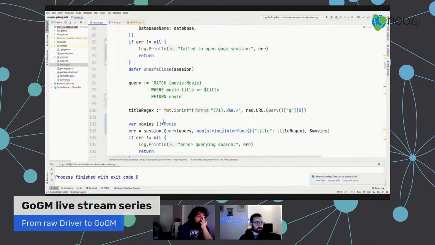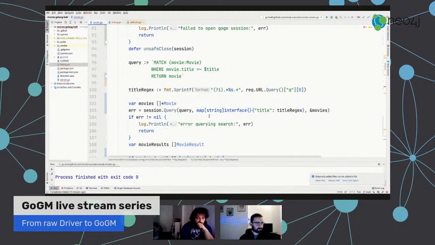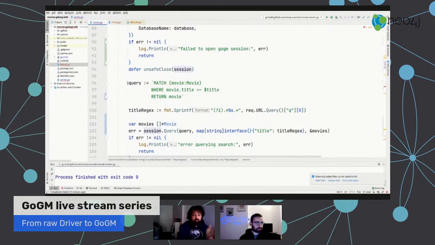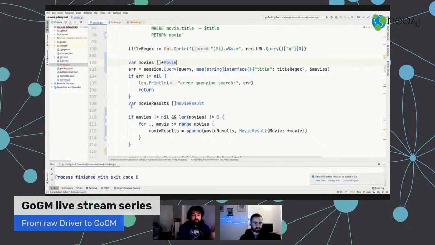All right, so that is the first function converted. To review what we did, we changed the session from grabbing a fresh direct database connection to a GoGM session. We converted the query to use the GoGM session.query function, and we're writing our result to a slice of movie pointers. Then we just convert the slice of movie pointers to a movie result, which just wraps movie, and then